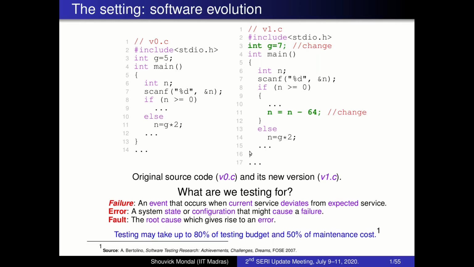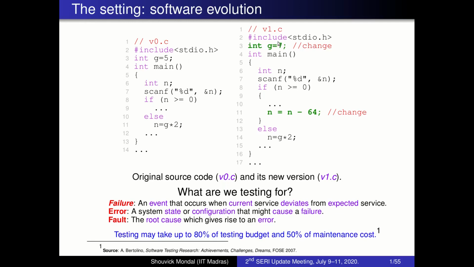Regression testing may take up to 80% of the testing budget and 50% of the maintenance cost. This involves end-to-end testing, with instrumentation, so knowing what test cases cover which part of the code. In the older version we need to instrument the code and execute every test case against the instrumented one, so that we have the code coverage, and then the new version comes in, and you have to perform the diff.